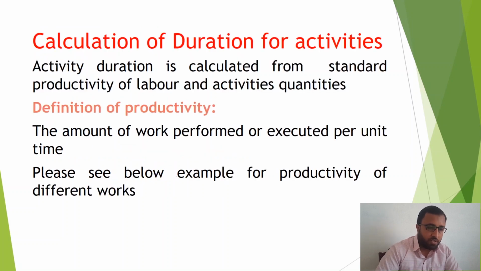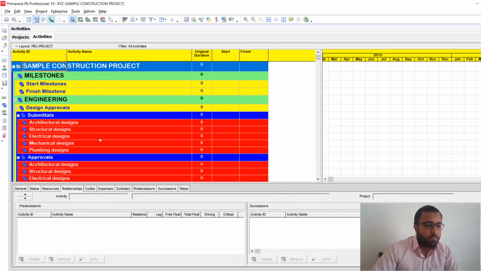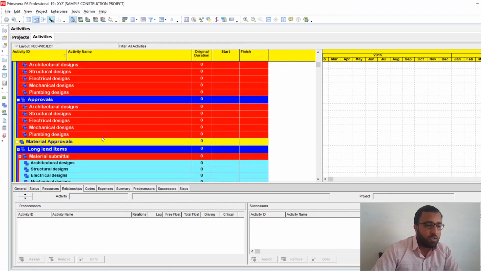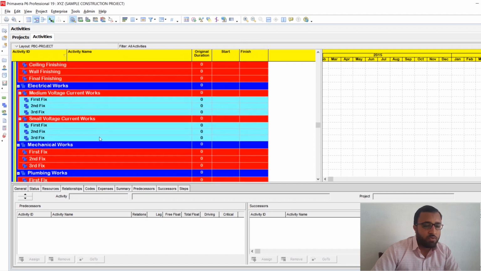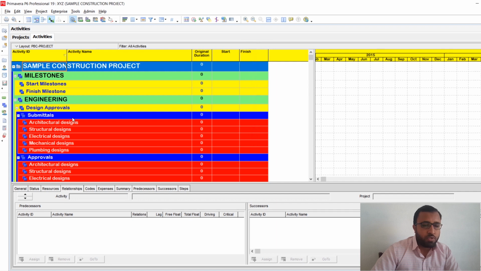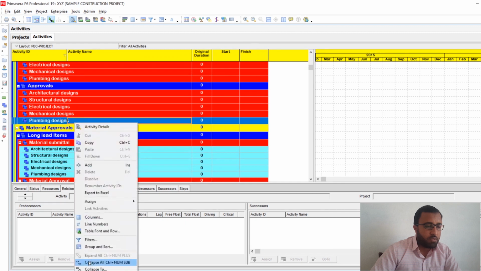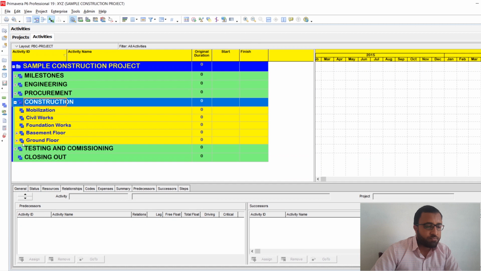So let's start first with adding the activities in our program, and then we will see how to calculate their durations. In our previous lecture, we added all the WBS for all the engineering, procurement and construction activities. Now we are going to add the activities in those WBS. To start, as you can see in our construction part,